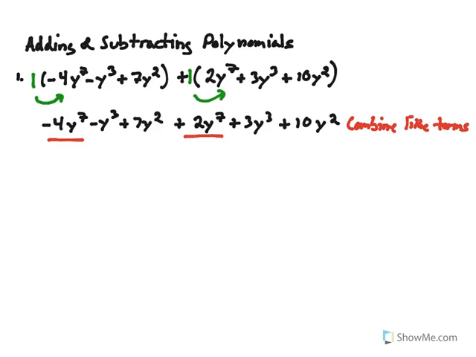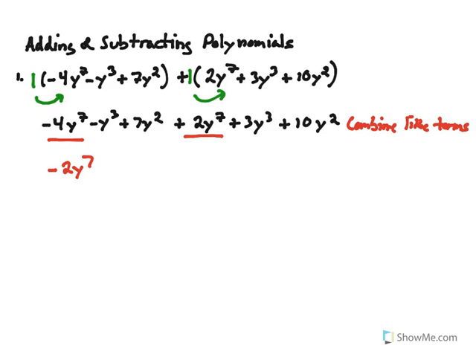So all we do is combine the coefficients from left to right. So we start off always with the left one, negative 4y to the 7th. So if you have negative 4 y to the 7ths and you add 2 more y to the 7ths, then negative 4 plus 2 is negative 2